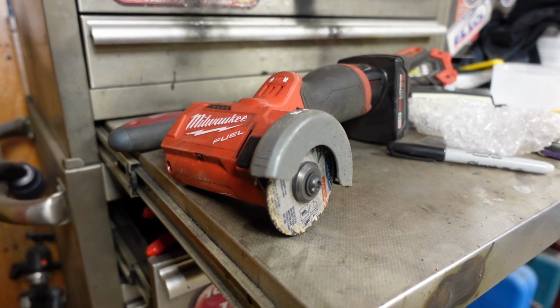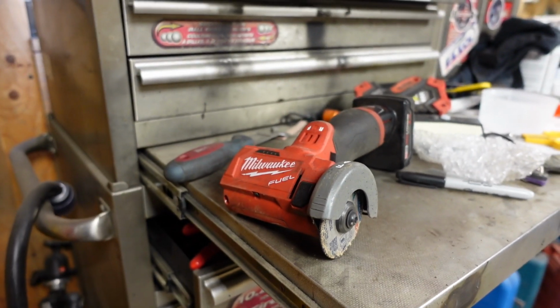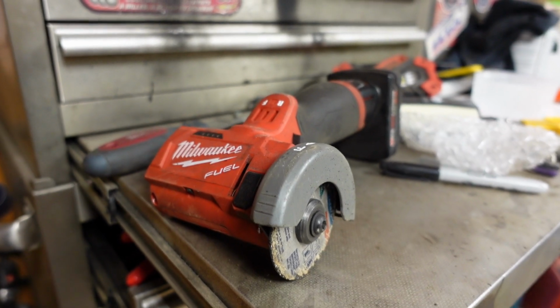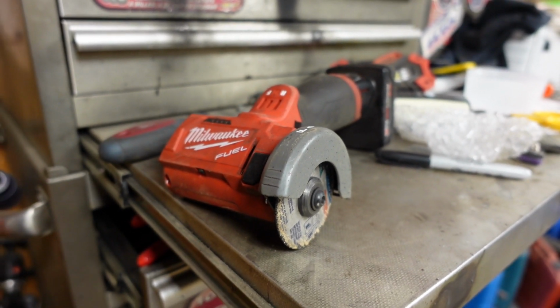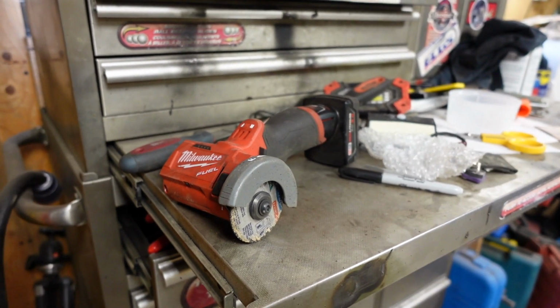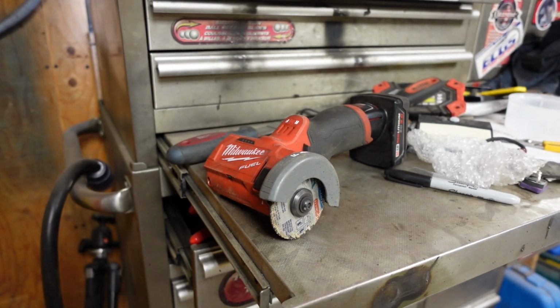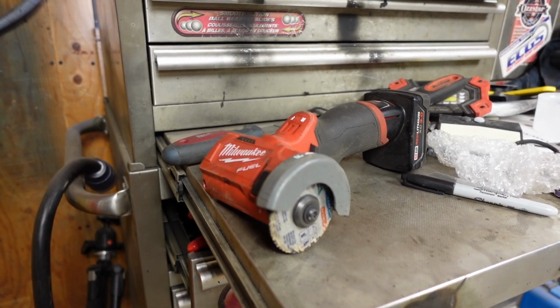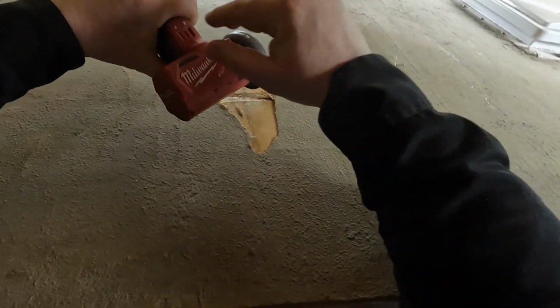We're going to do another fiberglass repair in the roof, but this time I'm going to use my Milwaukee Fuel to cut lines into the wood so that the fiberglass resin can get down below and seal off the parts that are lifting. Save me less time. All right, so you can see this part's kind of loose, so we're going to